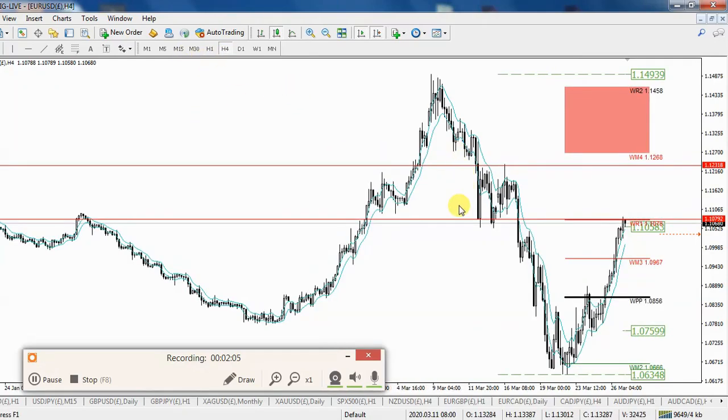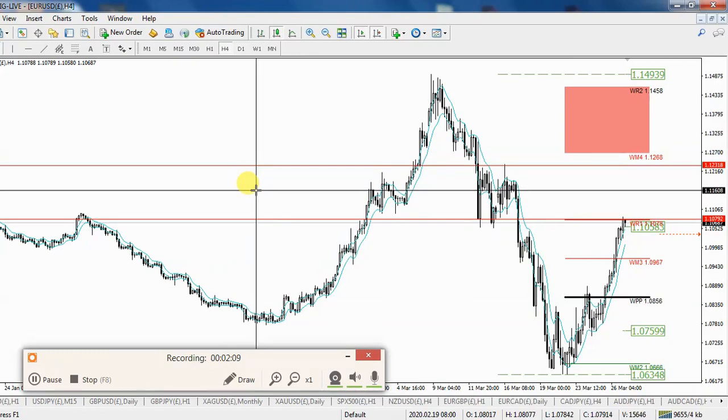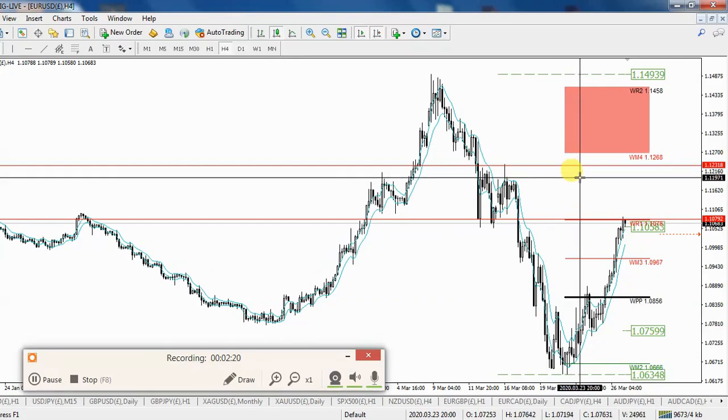For the targets, we would be looking to use this 4 hourly and run it to, for the first target, 111.60. It still gives a very good risk reward on that. However, if you want to hold it and run it further up,